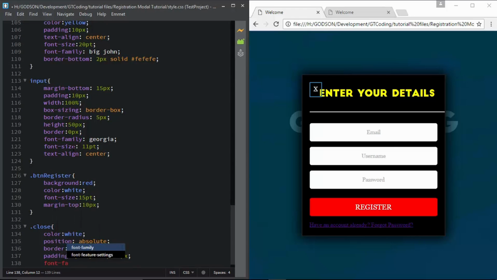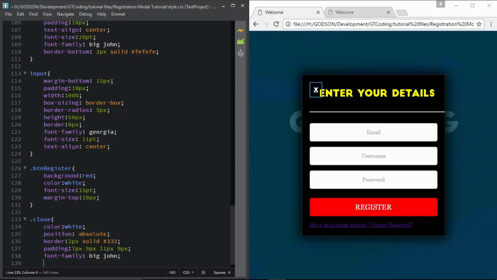Then we will set the font family to Big John and the background to black,